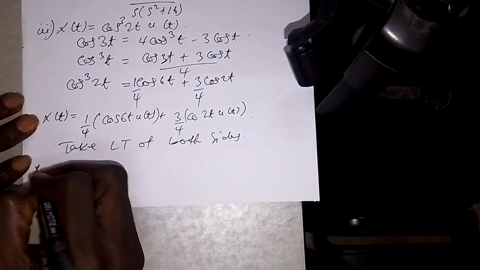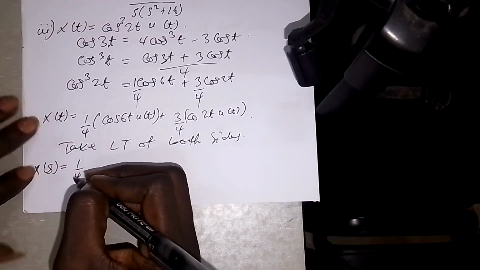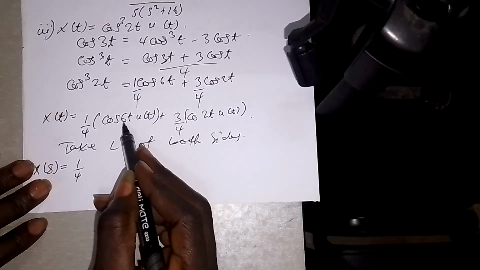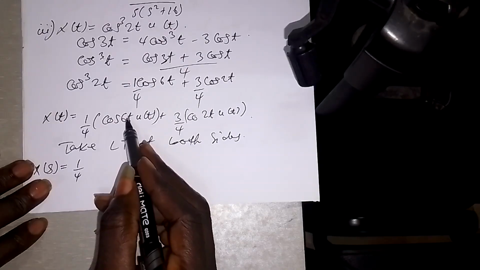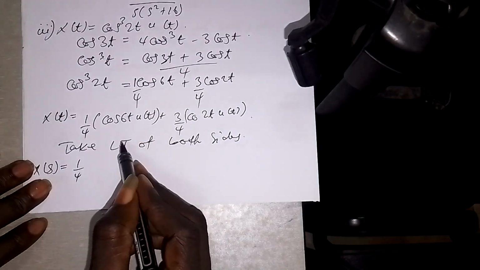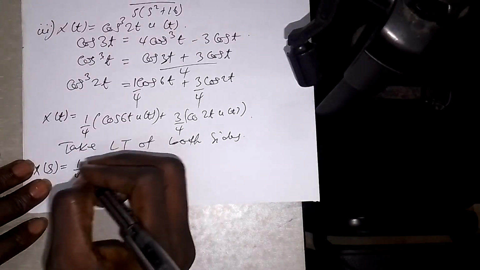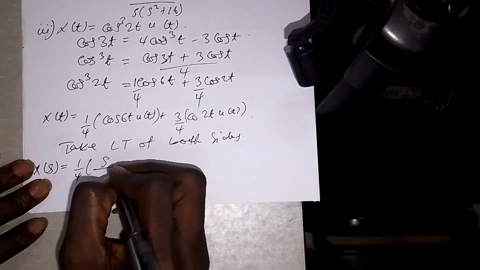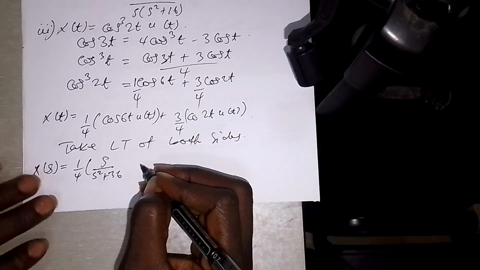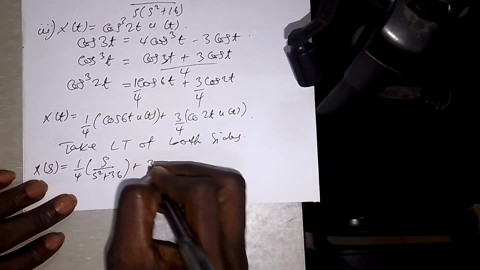Then I'll have X of s is equal to 1 over 4 into s over s squared plus 36, so 1 over 4 into s over s squared plus 36, and then I'll have here plus 3 over 4 into